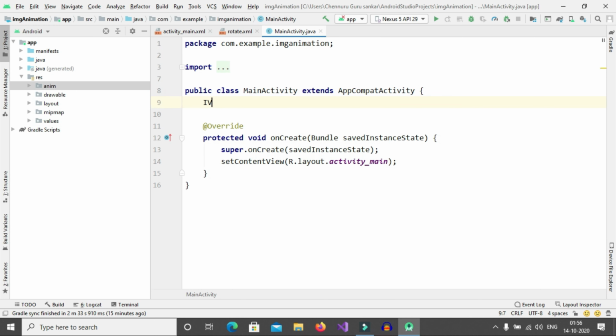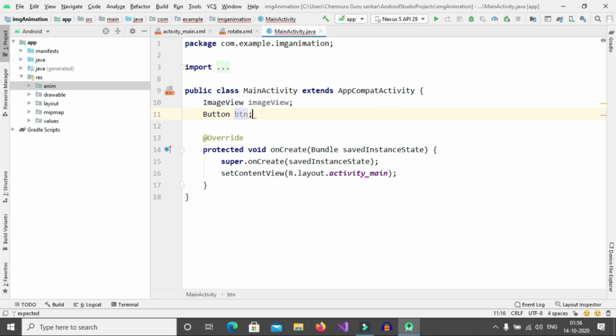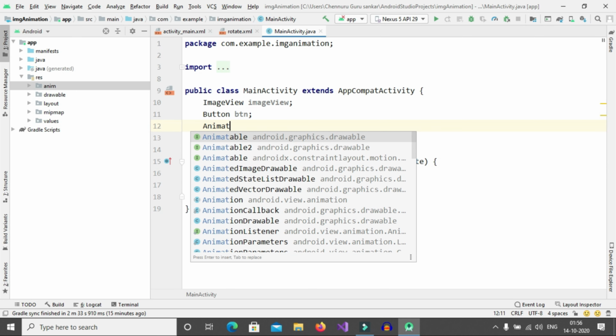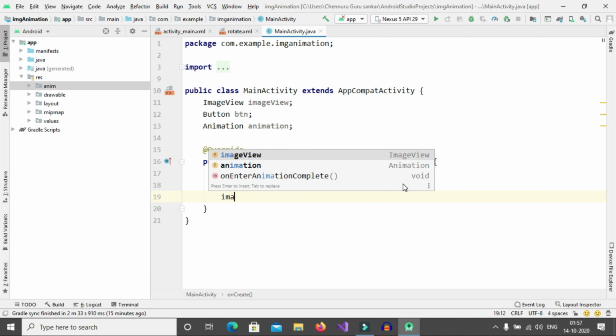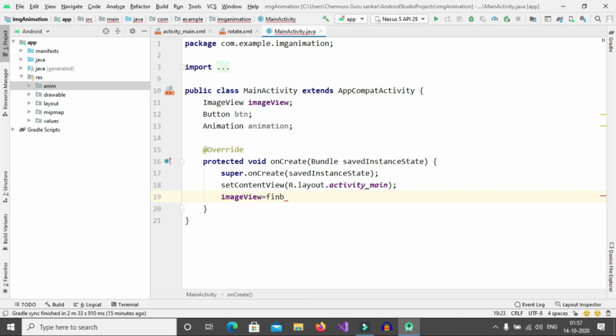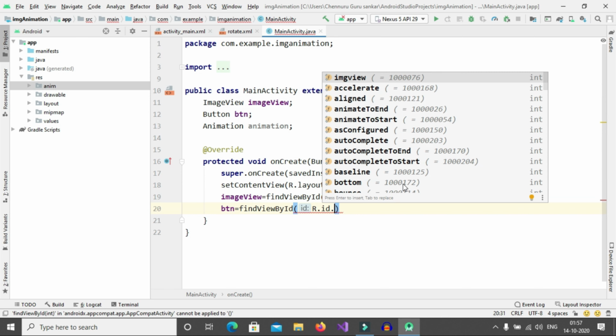ImageView iv_imageview; Button btn; Animation animation; Here inside the onCreate method, imageview is equals to findViewById(R.id.imageview); then btn is equals to findViewById(R.id.button);